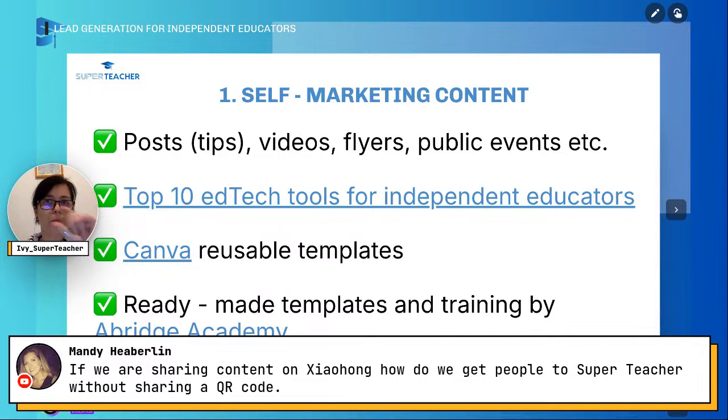You can put your SuperTeacher URL in a QR code, attach it to a flyer. I'm going to show you. I made a few samples for you today. And then from there on, you're good to go. This is just very specific with Xiaohongshu. Any other social media has no strict policies like Chinese social media. Some of them have, right? So great question. I hope this helps.